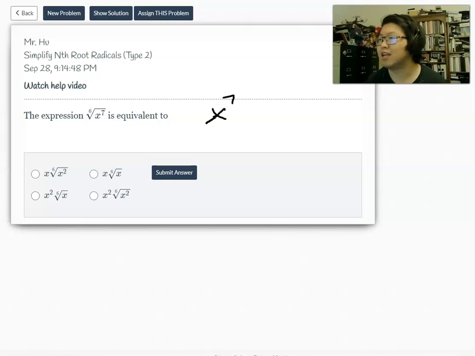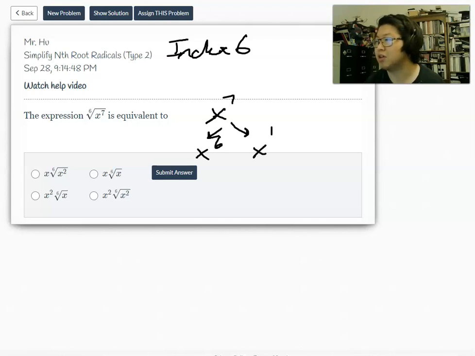But for this one, I have an expression, x to the 7th. It's inside an index of 6, which I'll put up here, index 6. What I'm thinking about is I want to have it so that my exponent can be divided by 6. So what I want to do is split my x to the 7th apart into two different factors, an x to the 6th, which has an exponent divisible by 6, and an x to the 1. So x to the 6th times x to the 1 should be x to the 7th, according to our exponent rules. And so when I take the sixth root of both of these pieces, I'll use a different color there. When I apply sixth root to these pieces,